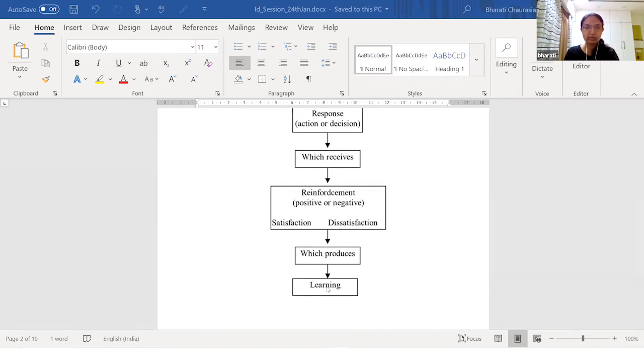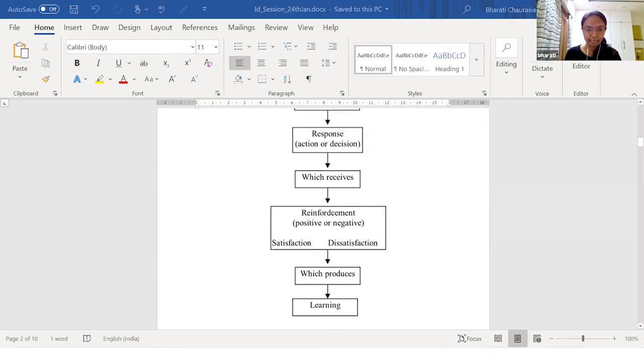So now this reinforcement and the process of learning will lead to learning, and the quality of learning will depend on how the environment was. It will depend on a lot of factors: your surroundings, your emotional state, how your previous learning experience was, whether it was new or something you already knew, whether you were interested or not. All these things will decide.